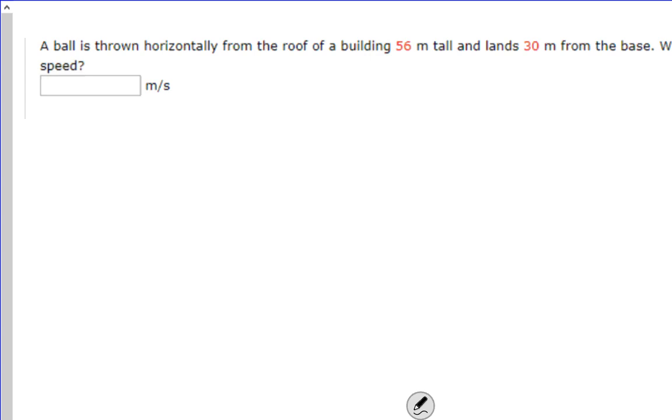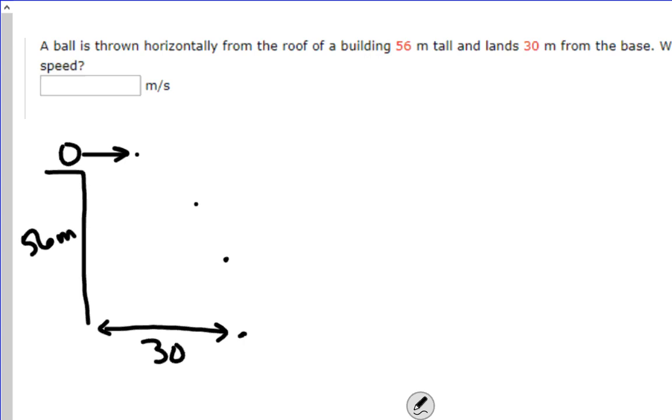Second question. 30 meters from the base, what is the ball's original speed? When you're doing horizontal projectiles, there's only so many permutations of these types of questions. The key thing is what information do you know and which information do you not know? So it's the same idea. But let's think about what we know now. We know 56 meters for the height. We know down here 30 meters for the base. And we want to know